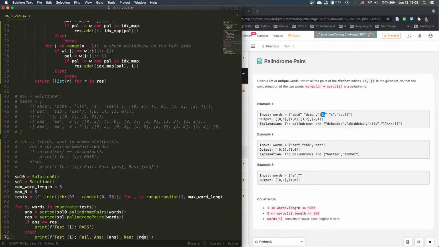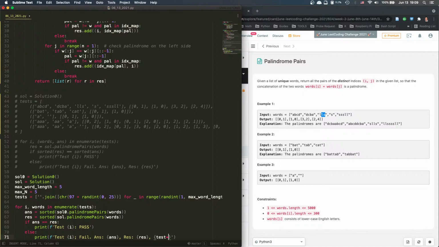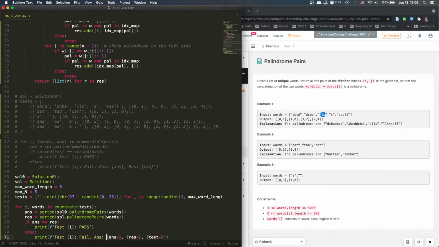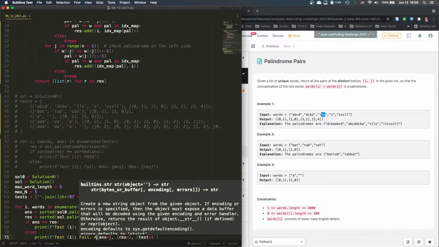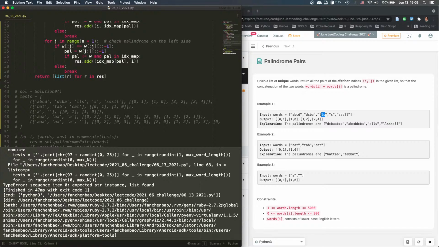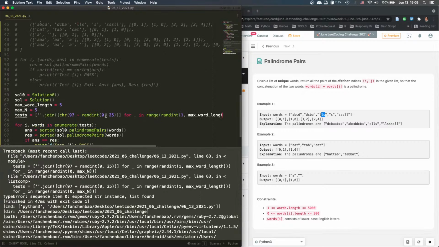Test this fail, answer, result, test. We can actually say test equal, and result equal, so I don't have to make it simpler. Right? And then that's it. All right, run it. Or you have lots of issues. Expect list found. Okay, so